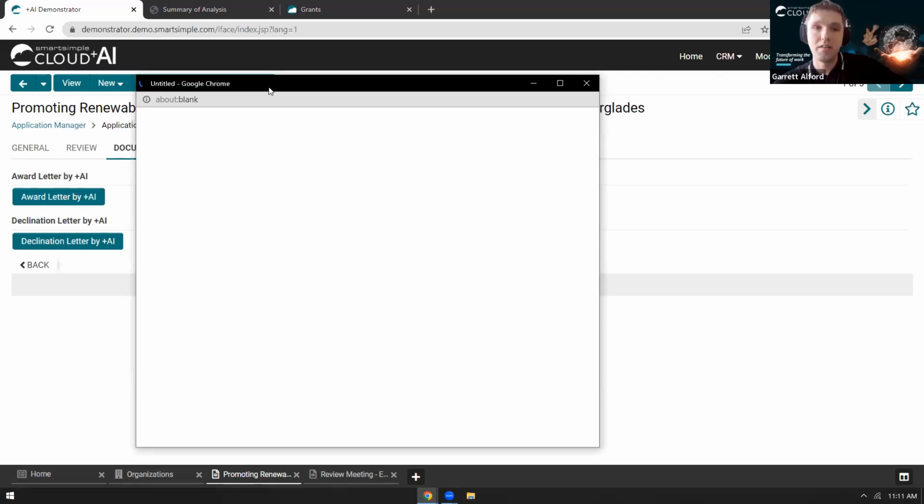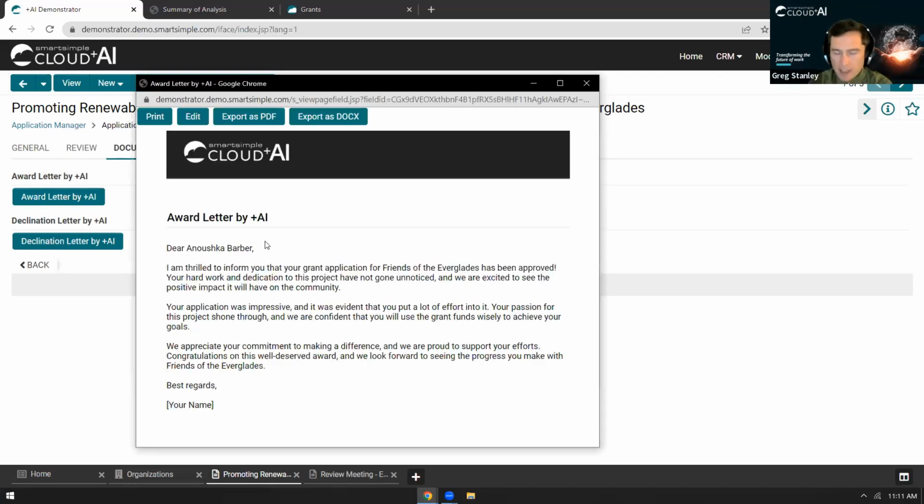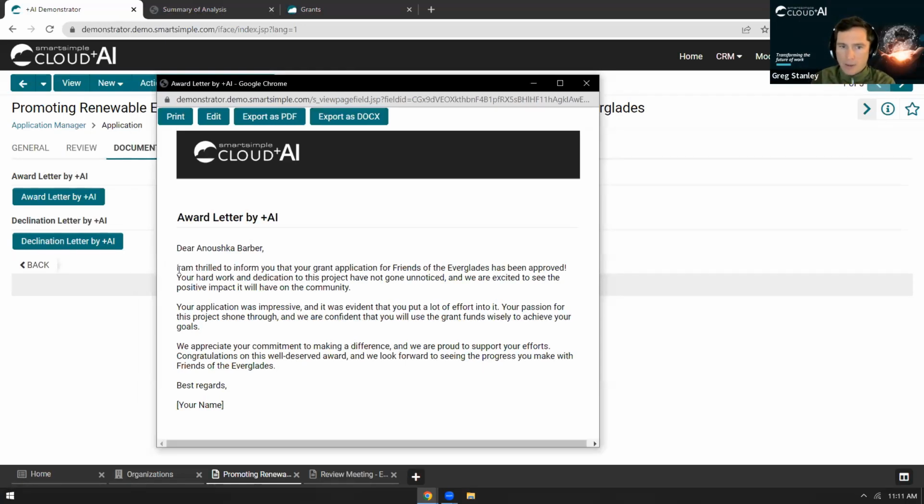So here's an award letter that I'm going to generate here. And what we've done in this particular case is change the tone of the letter. So we have a hugely positive tone being passed through to this particular award letter. So as Garrett mentioned, we've always been able to pass variables through to a word merge or through to a